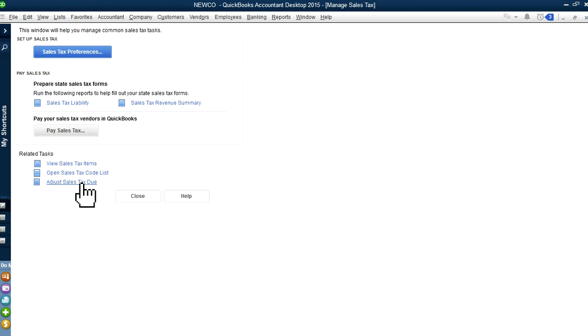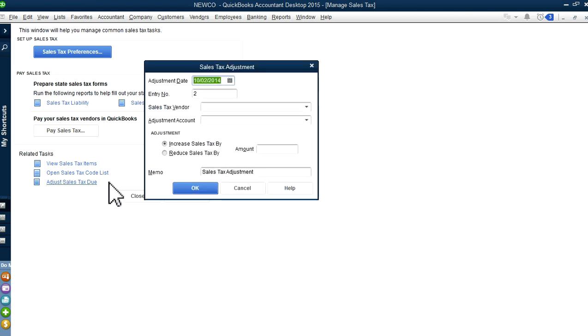We're gonna move the $80 to the main sales tax account. So adjust sales tax right here. It will just say sales tax adjustment. You can use this for various other purposes, if you have some sort of write-off or credit note or something like that. In this case, we're going to increase sales tax. The amount is $80